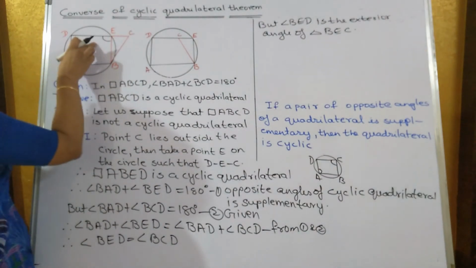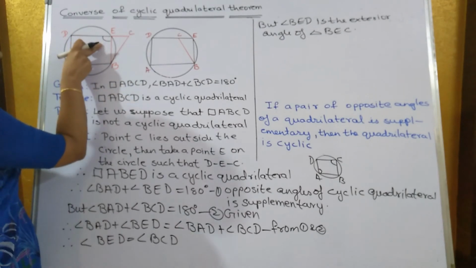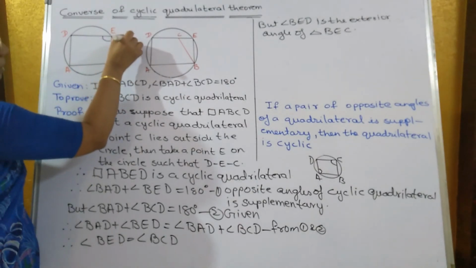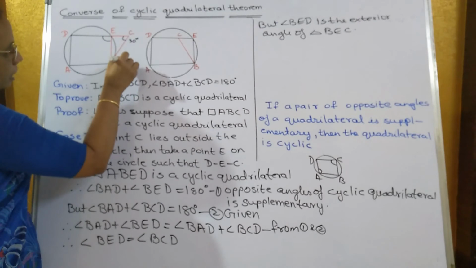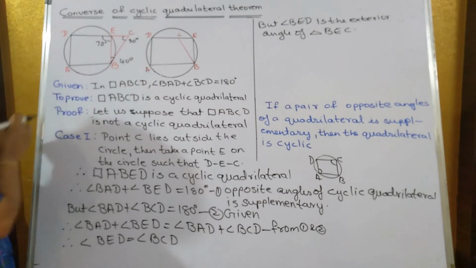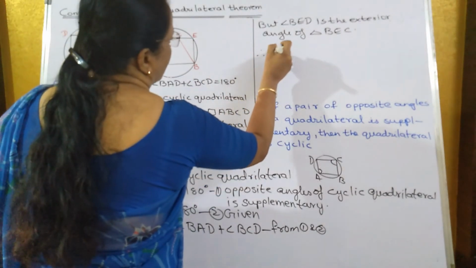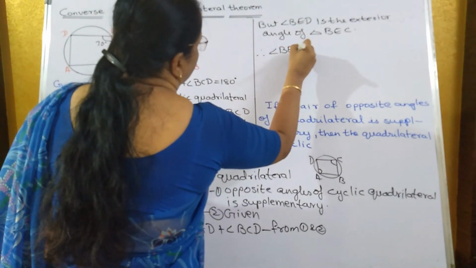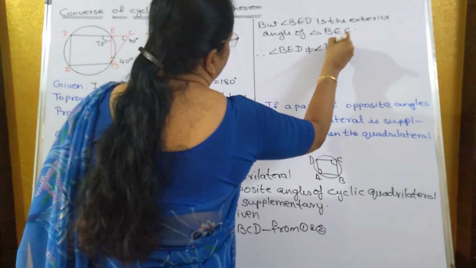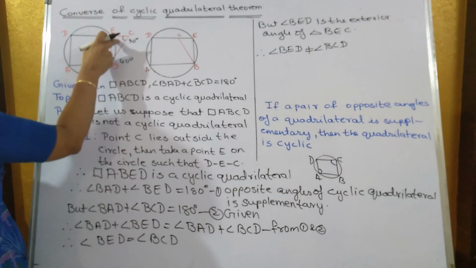What is the meaning of that? If this is the exterior angle, then exterior angle is always equal to the sum of the interior angles. So the exterior angle is obtained only when you add the interior angles. Suppose this is 30 degrees and this is 40 degrees, then both together make the exterior angle 70 degrees, and these two can never be equal. But it is an exterior angle of triangle BEC, therefore angle BED cannot be equal to angle BCD. So they can never be equal because the exterior angle is always equal to the sum of the interior angles. So this angle and this angle can never be equal.